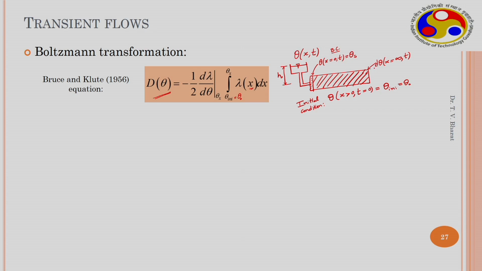That means d theta by dx is equal to 0, with respect to x is 0. So, there is no flux here. This is the boundary condition we invoked, or simply this is theta at x equal to infinity at any given time. This is simply equal to theta initial. So, this is a constant value, therefore, if you differentiate it becomes 0, it is 0 anyway.